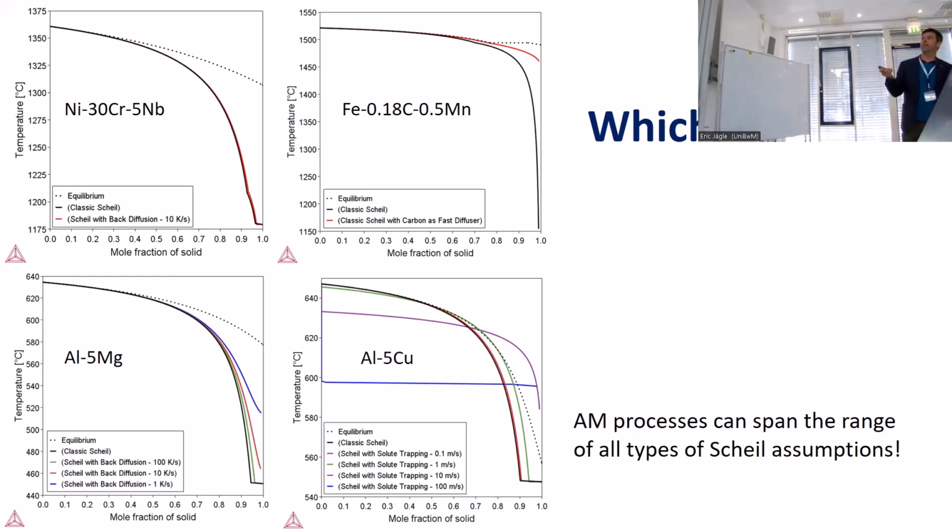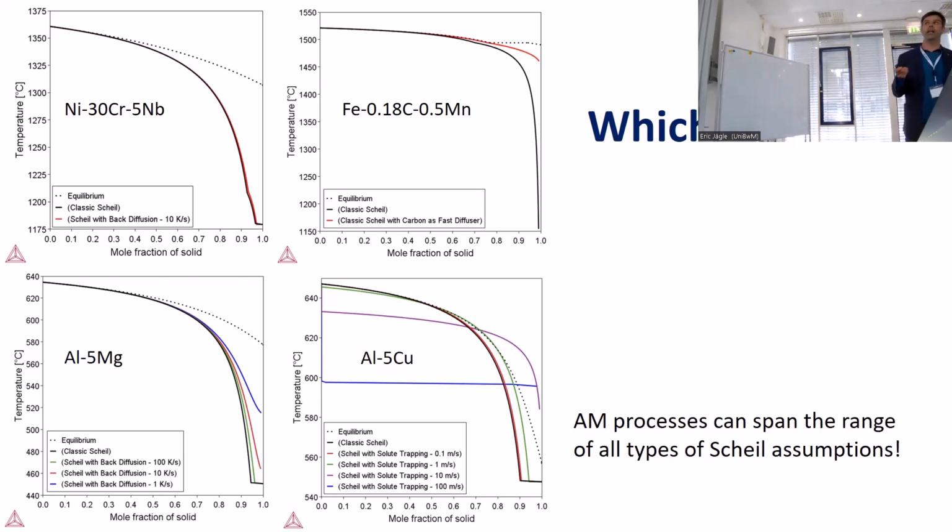And here I've just made some examples, for example, nickel, 30 chromium, 5 niobium. So these are all very, very slow diffusing elements, no interstitials. And the dotted line is the equilibrium. And then we have Scheil, classic Scheil, and Scheil with back diffusion. And there's virtually no difference, right? So here, the diffusion of these elements is simply so slow that nothing happens in the solid,